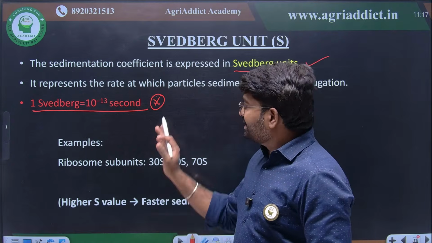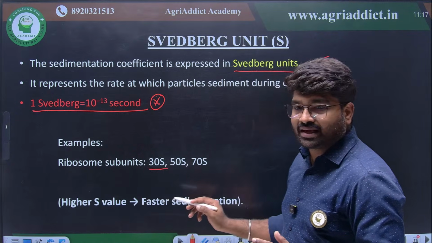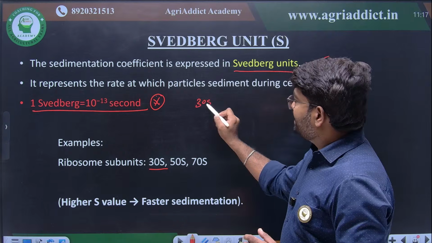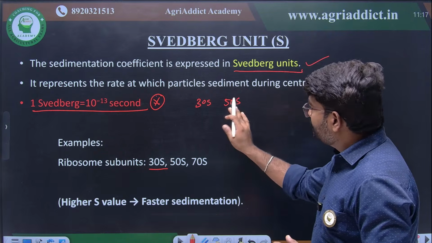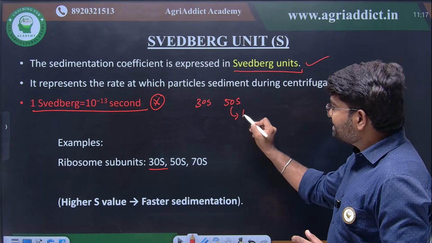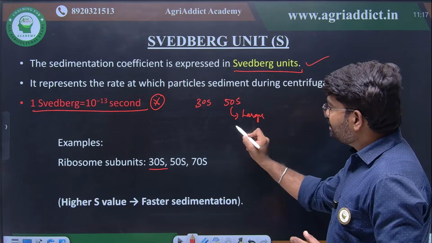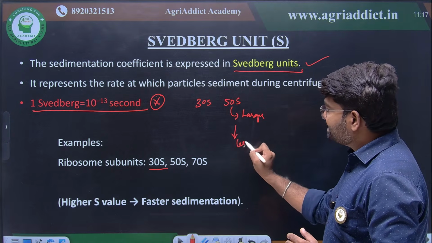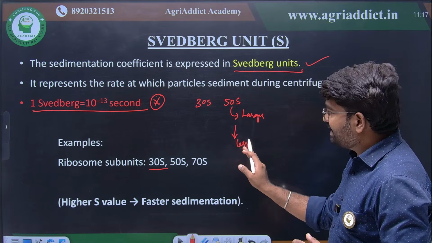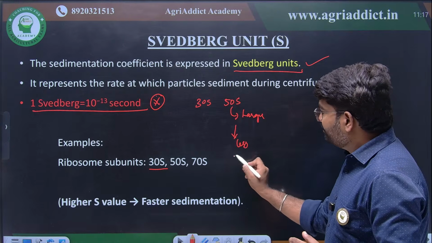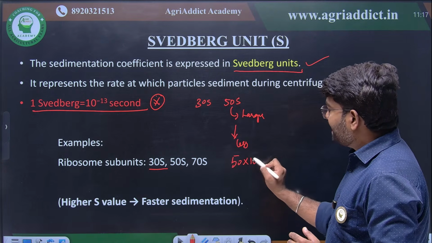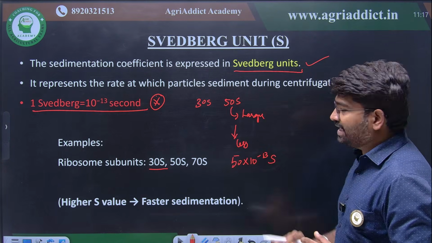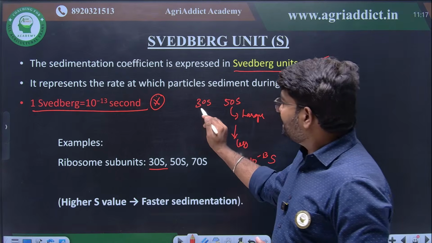For example, in ribosomes there is a 30S subunit and a 50S subunit. The 50S is the larger subunit, correct? This larger subunit will require less time for sedimentation. So 50 into 10 to the power minus 13 second it will take to sediment. Clear? If you see 30S,